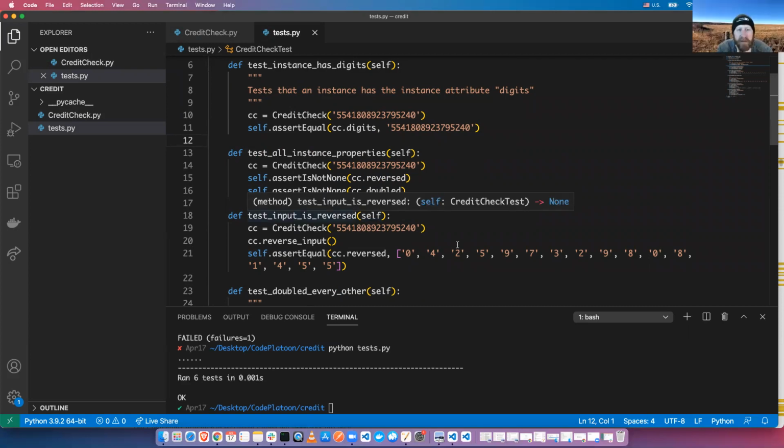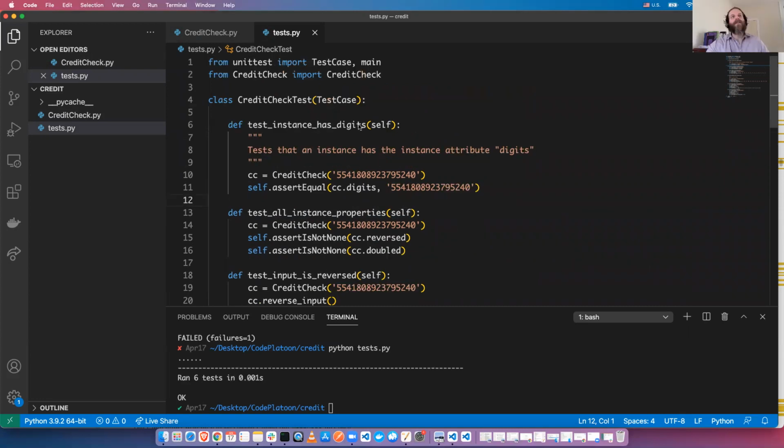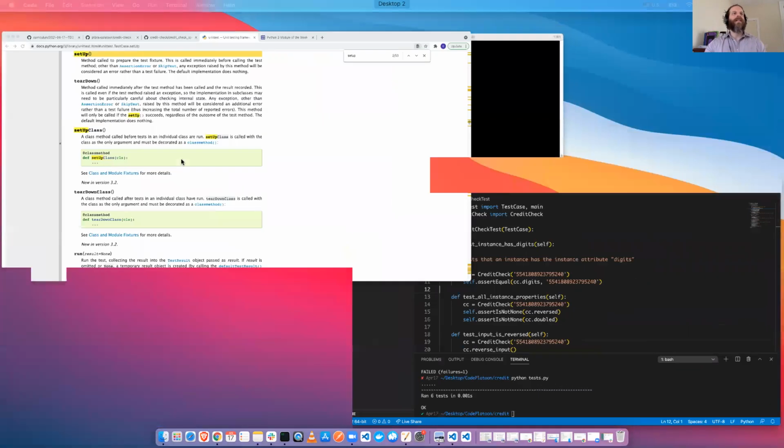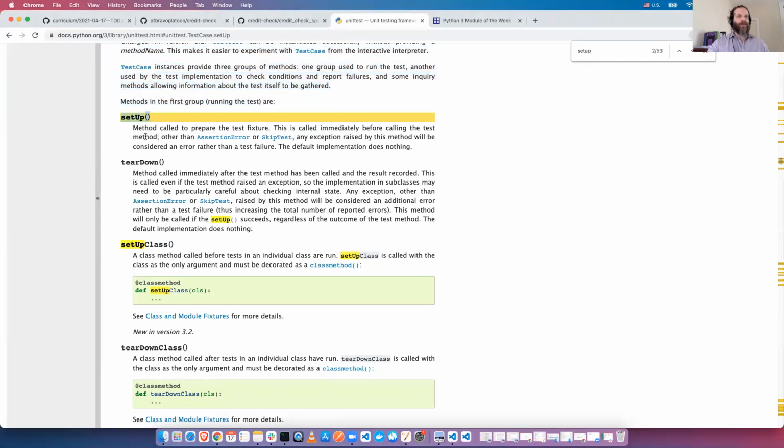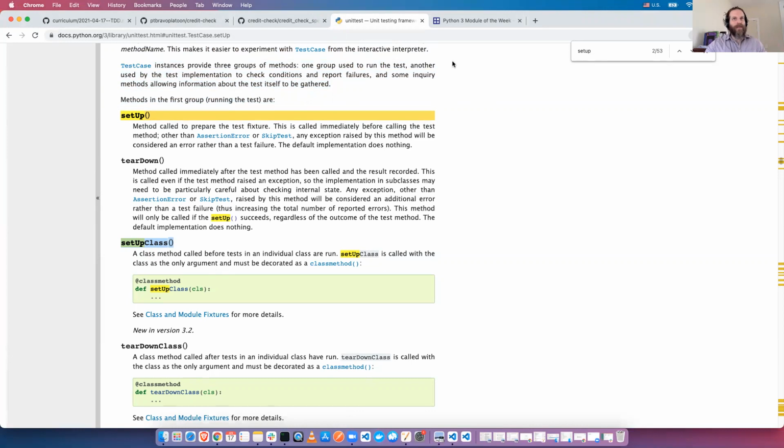And to do that, the test fixture has to be outside of the class then? No, it would be inside the class. There's different kinds, we didn't go into the details of this, but you can read the documentation. There's setUp, and there's also setUpClass. setUp will run this method every time you run a test, and setUpClass will run when the test class itself is initialized. So if you want every test method to have some bit of information, which in our case is probably what we want to use,